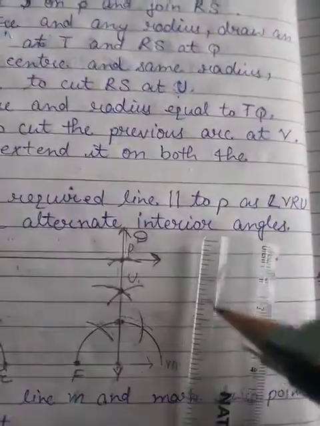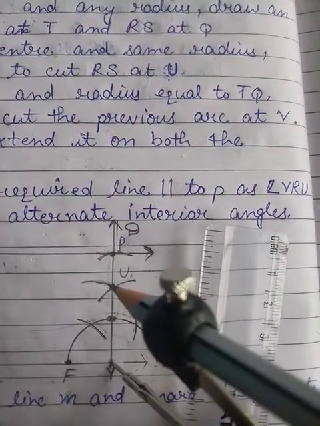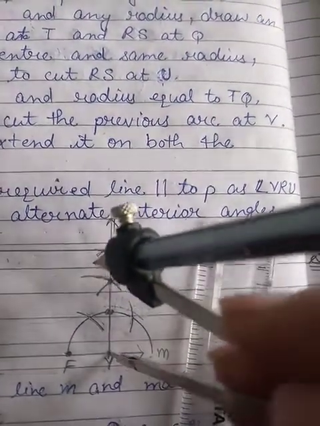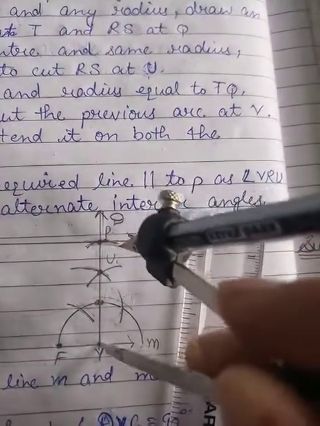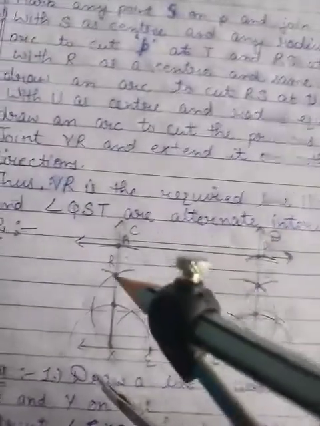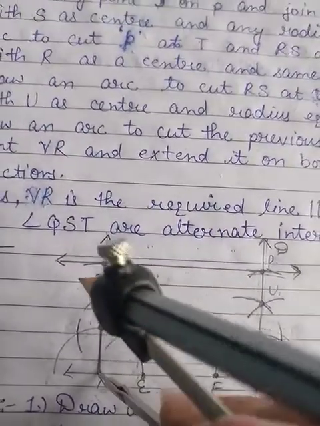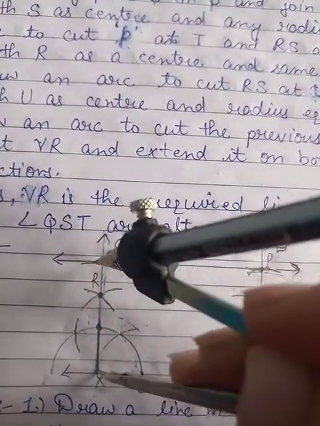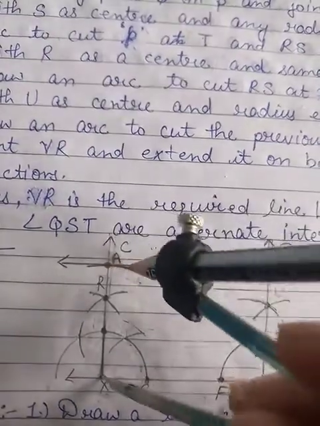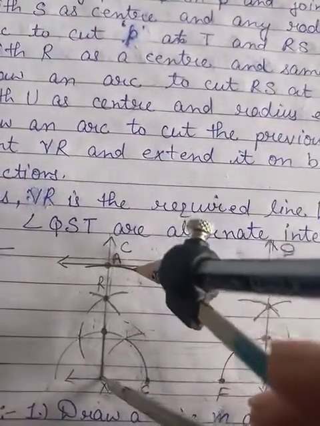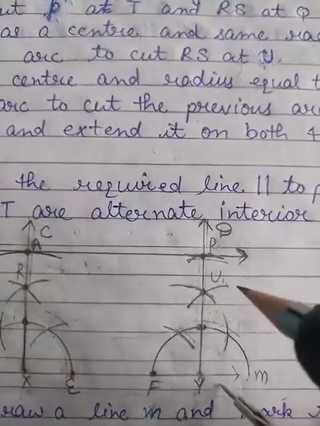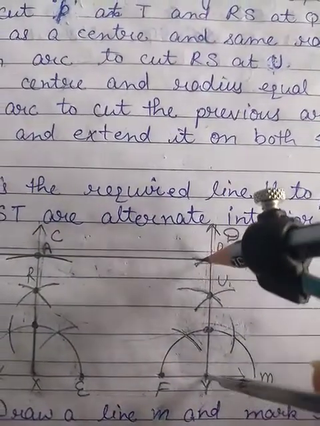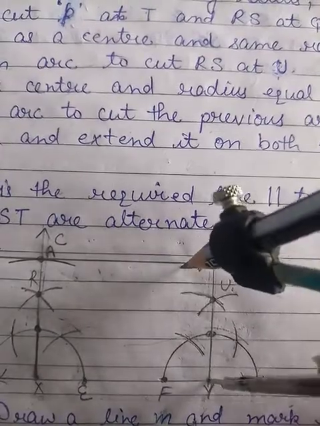Now what I do, by taking y as a center, I will mark a point upward. Okay, I will draw an arc here. Okay, from the x point also I will draw another arc over here, so I will intersect the 90 degree angle. Okay, I will mark an arc like this. On this point also I will mark an arc like this.